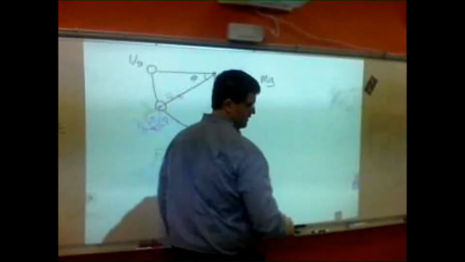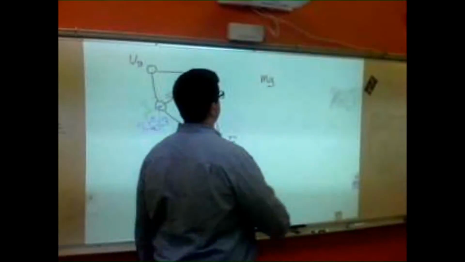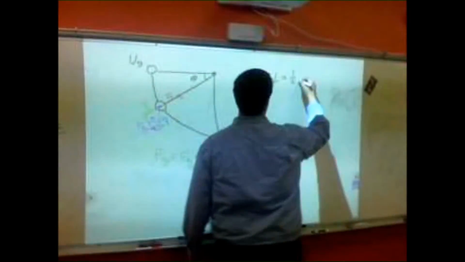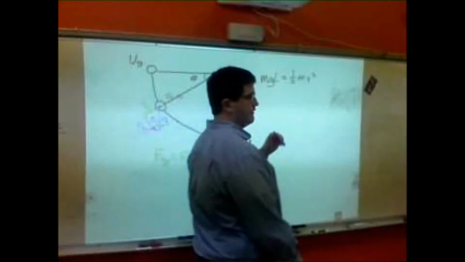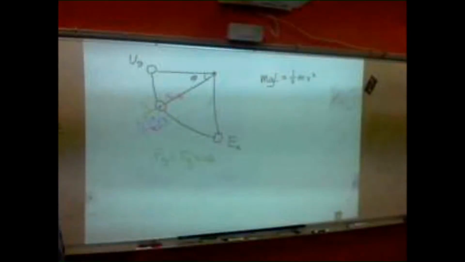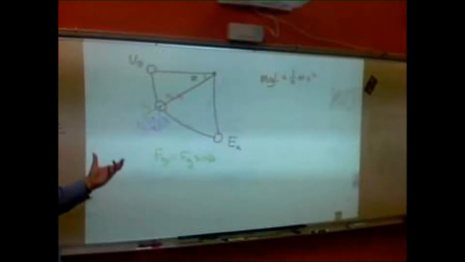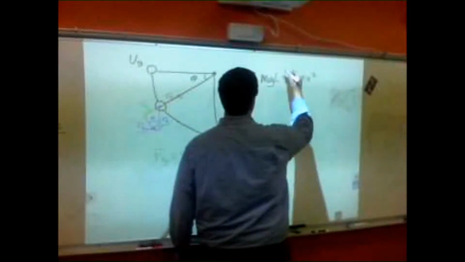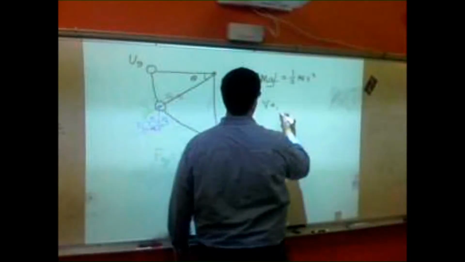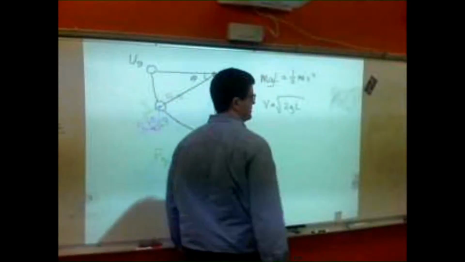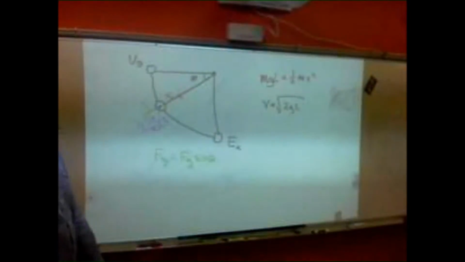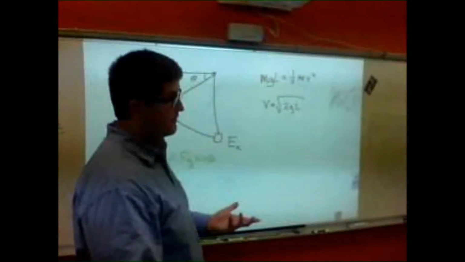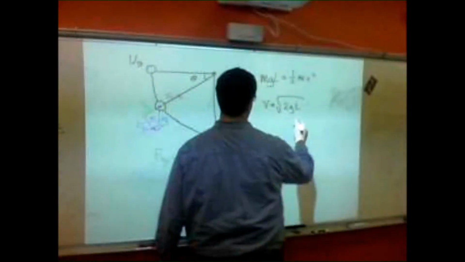And so that means that we end up with mgh, and what's the height again? That's going to be L, right? mgL equals 1/2 mv squared. So let's go ahead and solve for v, and we can then get that velocity before the collision. So the m's cancel out, and we end up with v equals square root 2gL. And so, how do we get the speed of the block immediately after the collision? Well, we set it equal to each other using conservation of momentum.